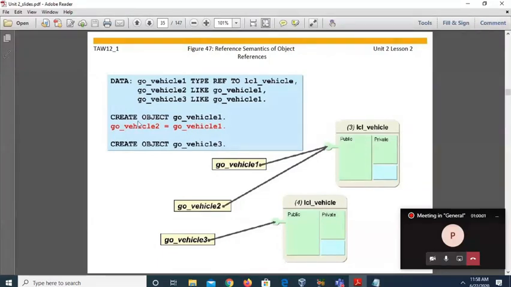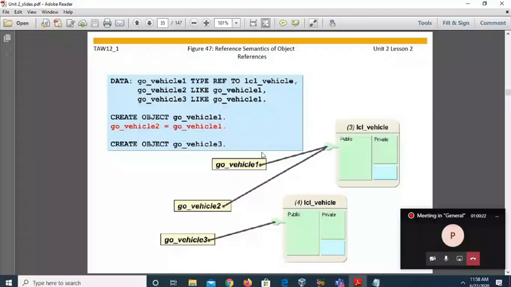When we declare it separately, it will point like go_vehicle_3. But in this case go_vehicle_2 is pointing to the same object, because we have assigned this object value directly to the reference variable go_vehicle_2 without creating a go_vehicle_2 object.